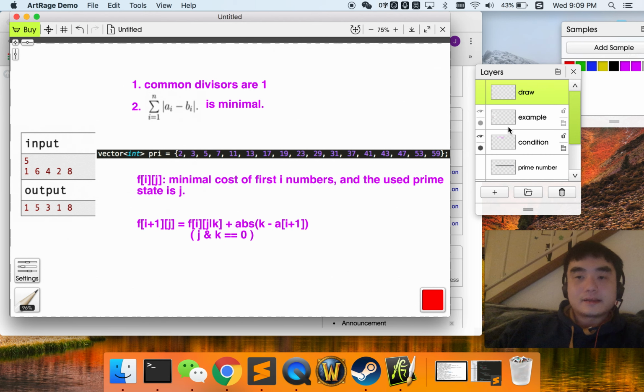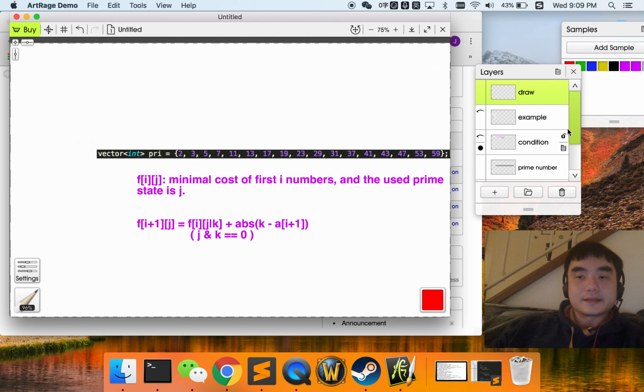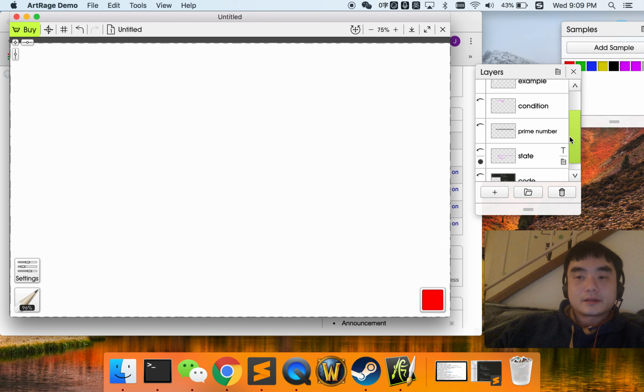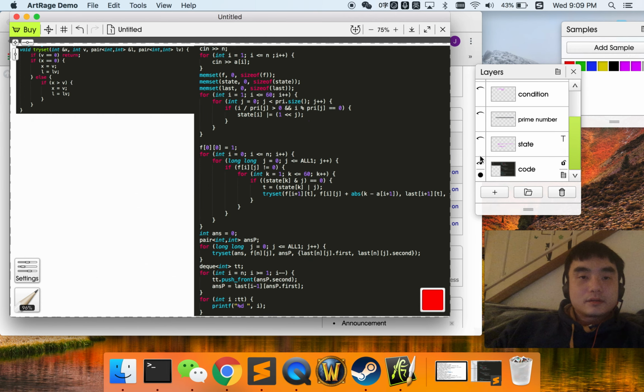So that's it. Let's take a look at the code. So first, we are going to read n. Then we are going to read the first array. And then we initialize all of the arrays. Then we are going to calculate the states of all of our candidate numbers, right? So for example, candidate